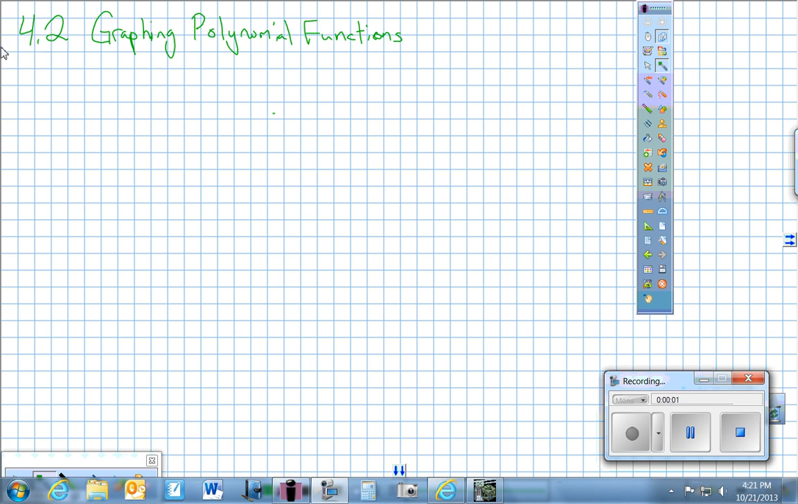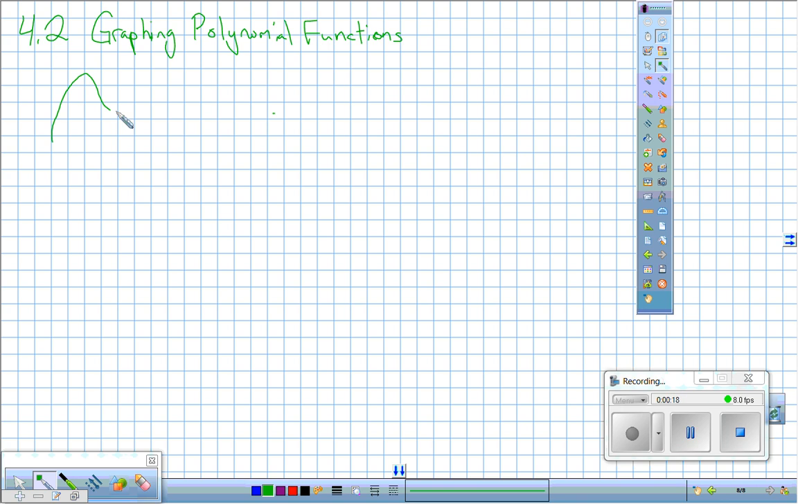This is 4.2, graphing polynomial functions. In 4.1, we already talked about the basic shapes of our constant, linear, quadratic, cubic, and quartic functions. So if I had a quartic that looked something like this,